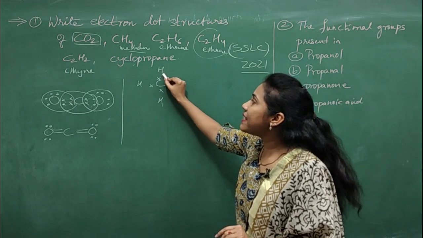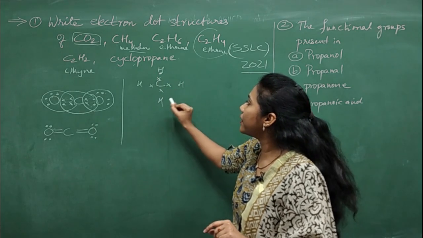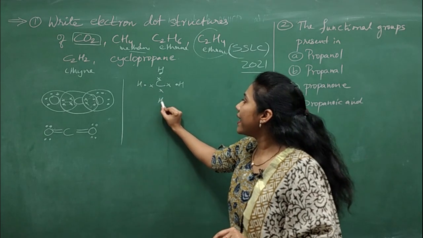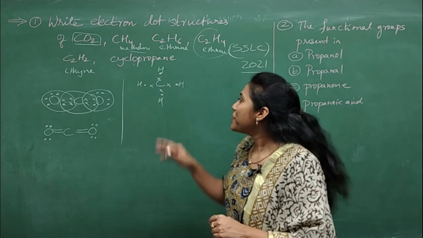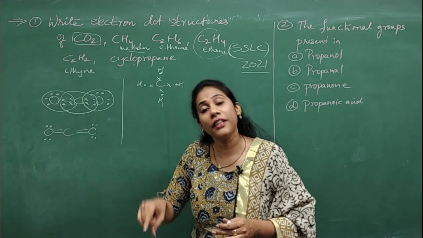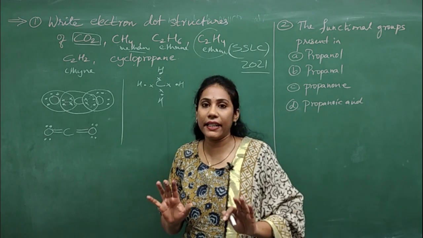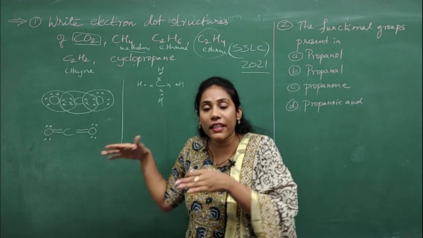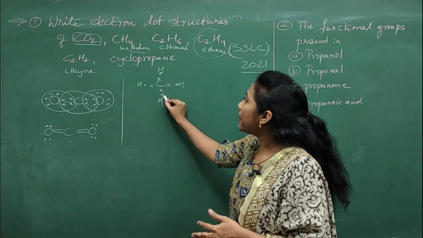Okay, now how many valence electrons are there on hydrogen? Just 1 electron. So this is the valence electron on this hydrogen, valence electron of this hydrogen, valence electron of this hydrogen, and valence electron of this hydrogen. Okay, now circling business you have to do. So for carbon you should show 8 electrons, and for hydrogen you are supposed to show only 2 electrons. For hydrogen you can't show 8 electrons, isn't it? You can only show 2 electrons because in its nearest noble gas we have only 2 electrons, that is in helium.